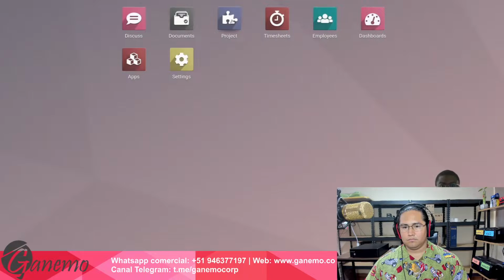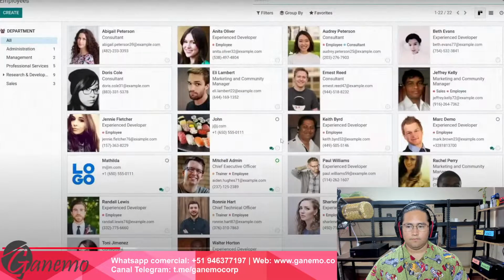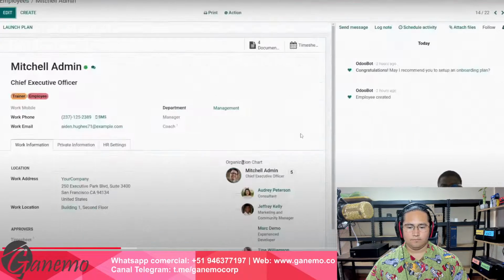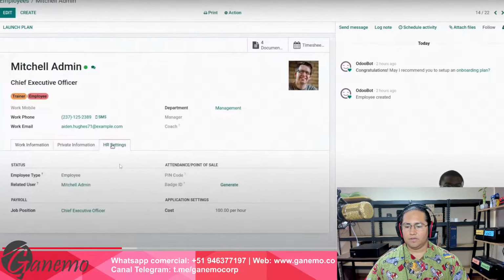Perfect. If that is the case, let's just go to the employees, and then we're gonna go within the project. In the employees, there are specific things that you can set up for everyone. En cada uno de tus empleados tú puedes configurar of your employee. You can, of course, set up a cost. That is the cost, el costo del empleado.